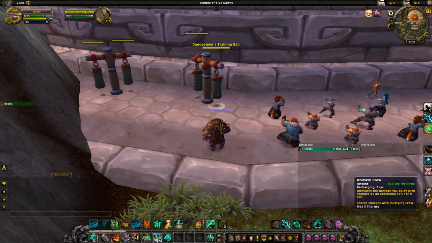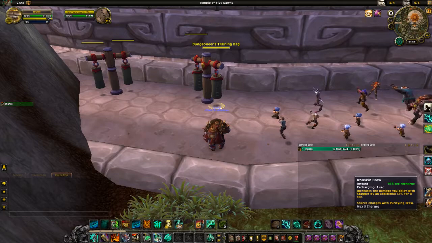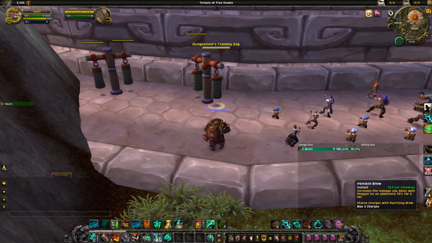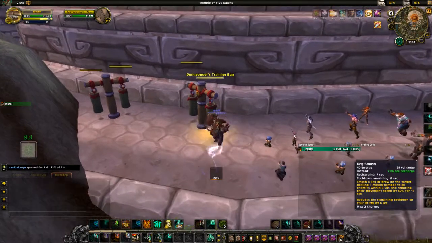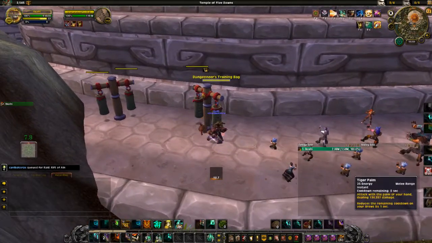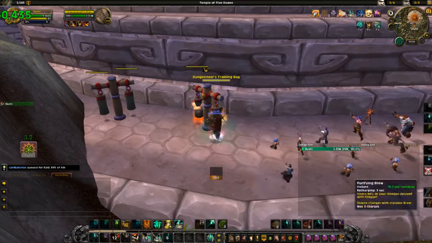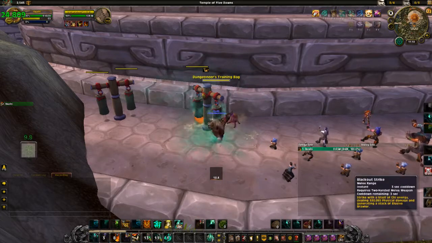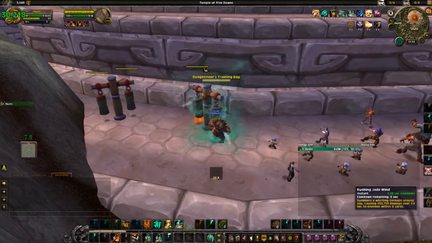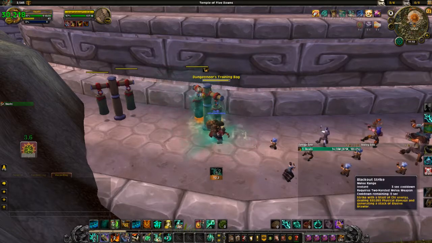But I'm going to wait for my brews to come back, use them, and then I'm going to do the rotation once more, but at normal pace. So I'm going to go ahead and use my brews, and then do the rotation in real time. Keg Smash, Blackout, Tiger Palm, Breath, Blackout, Tiger Palm, Jade Wind, Blackout, Tiger Palm, Keg Smash, Blackout, Tiger Palm, Jade Wind, Blackout, Tiger Palm, Keg Smash, Tiger Palm,